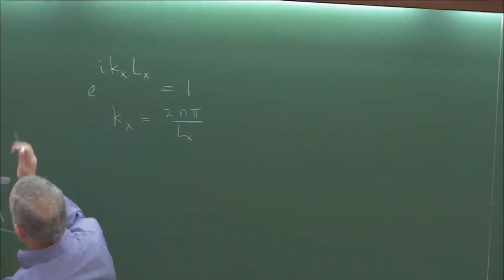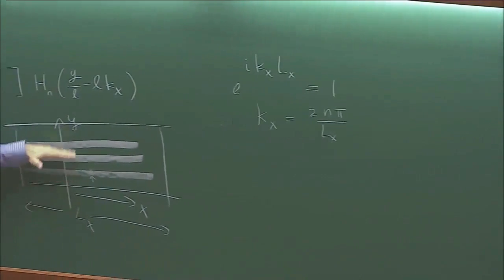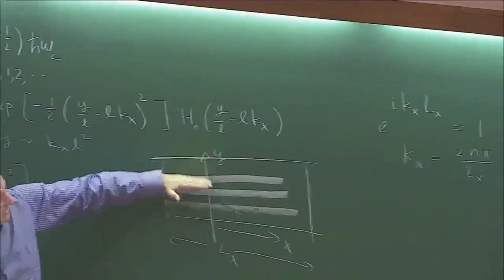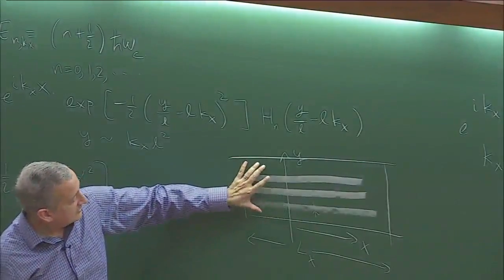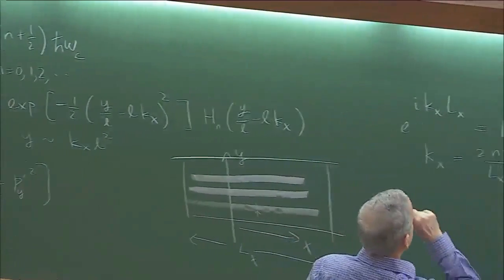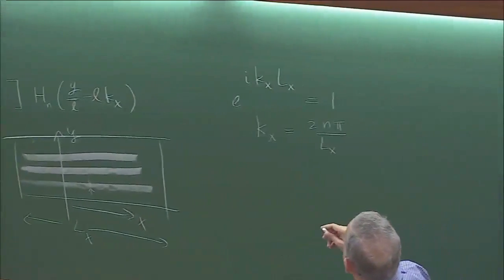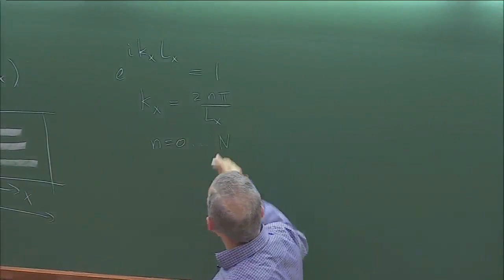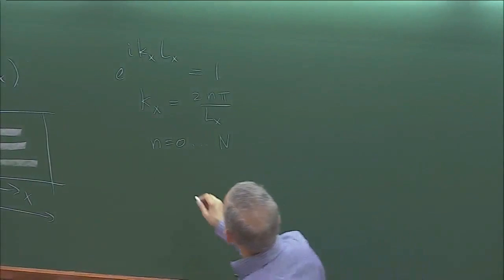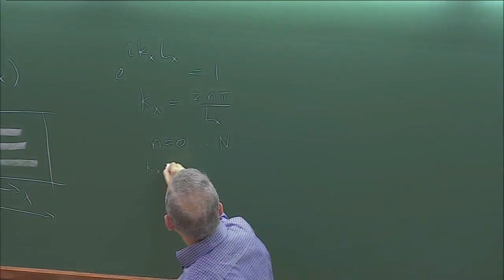for this system. The second thing we can do is we can ask, over some length in the y direction, how many of these discrete kx values fall, and that will tell me how many different states I have within this region. So let's take n going from 0 to, let's say, some capital N. So kx will go from 0 to